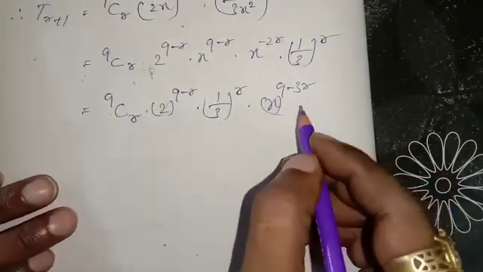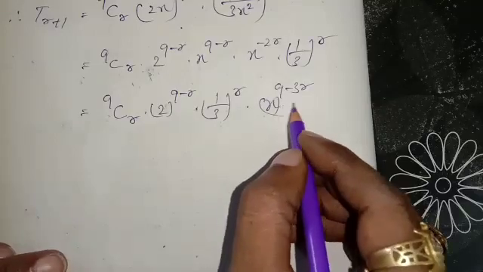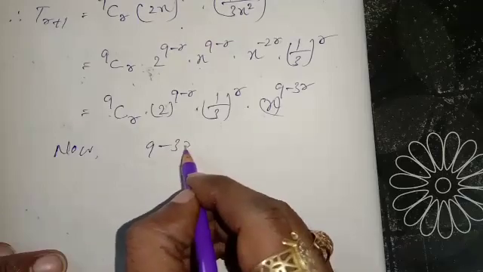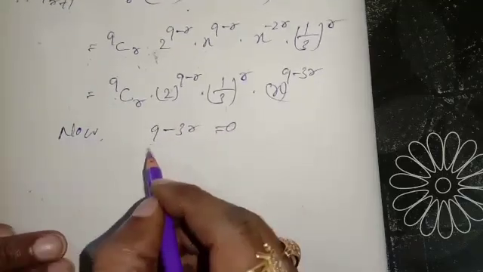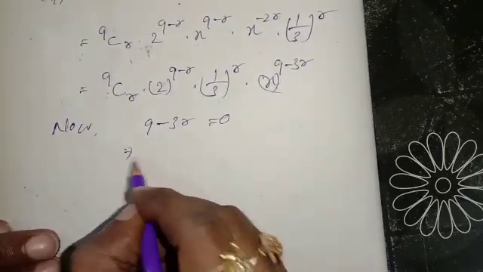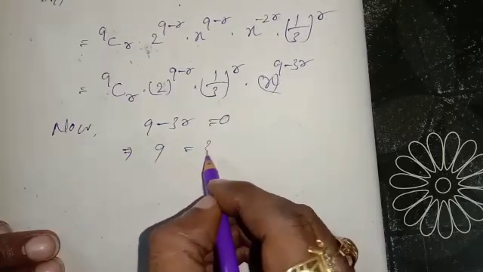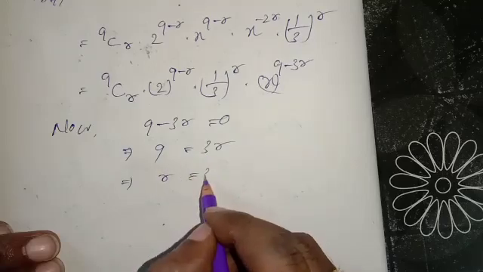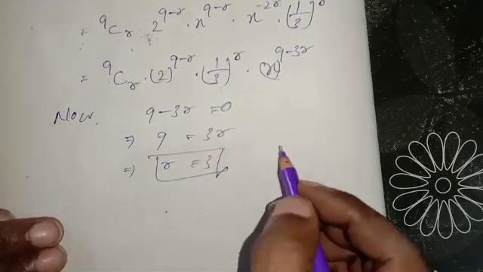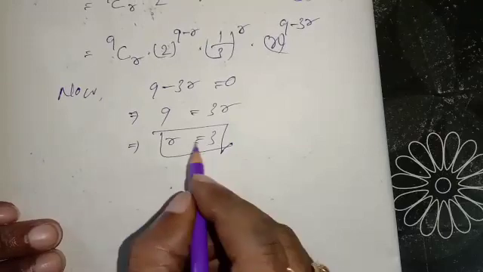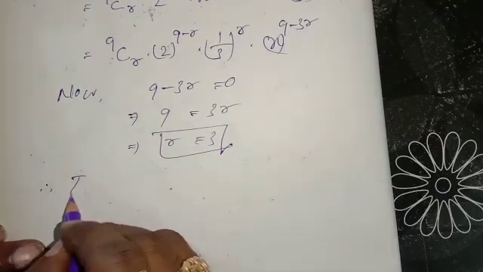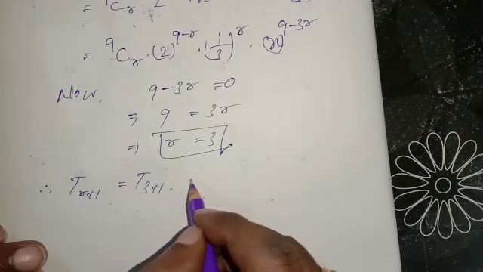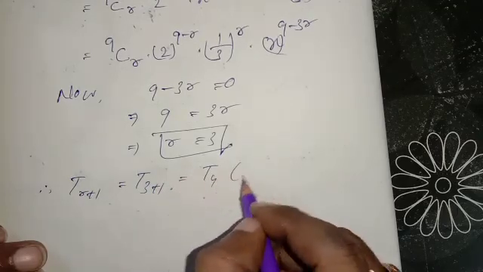Now as it is independent of x, that means the power of x should be 0. That means you have to equate 9 minus 3r equal to 0. From here you will get 9 is equal to 3r, that means r equals 3. Which term is independent of x? That is 3 plus 1. Therefore T(r+1) means T(3+1), which is equal to T4, that is the fourth term